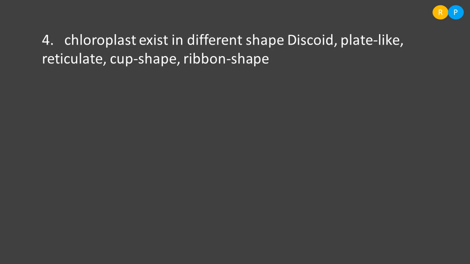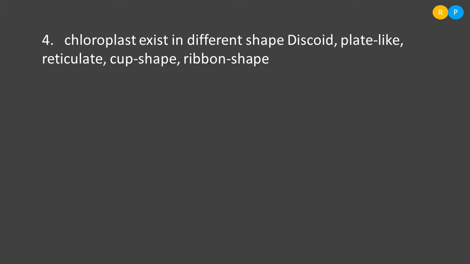One more thing we need to understand about the chloroplast is that chloroplast exists in different shapes. We know chloroplast is a kind of cell organelle present in plants. What is the function of chloroplast? It helps in photosynthesis, because it consists of the pigment, and that pigment is useful for capturing sunlight. That is utilized for photosynthesis. The chloroplast does not exist in the same shape and same size in all members of Chlorophyceae. So chloroplast exists in different shapes.